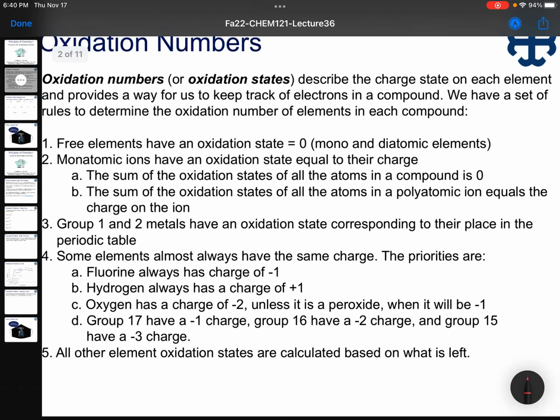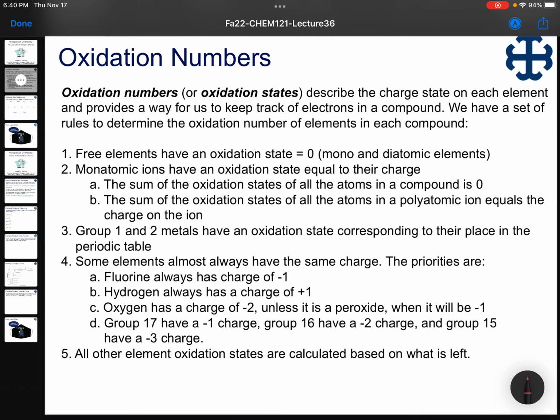So getting into things, just a reminder from last class about oxidation numbers. Basically, these are the order of rules that we follow in order to assign oxidation states or charges that help us balance electrons within molecules. I will let you read through these on your own, since I won't bother taking up your time with me reading them. But hopefully these all look familiar, and if you do enough practice, these should become second nature.